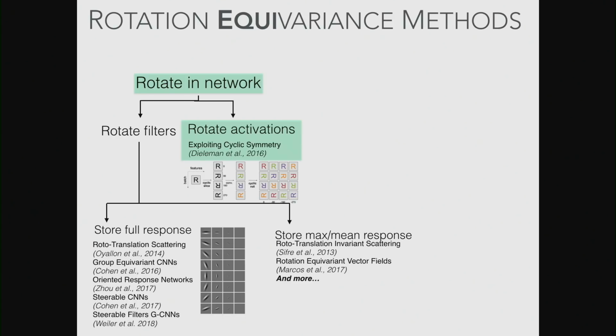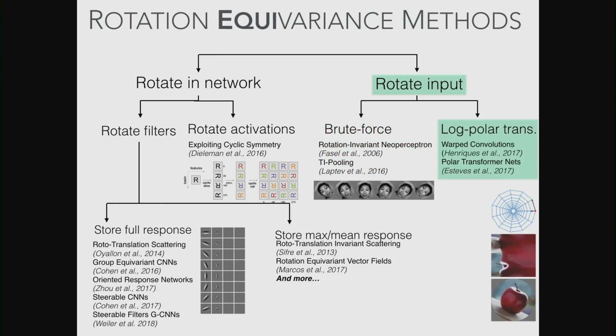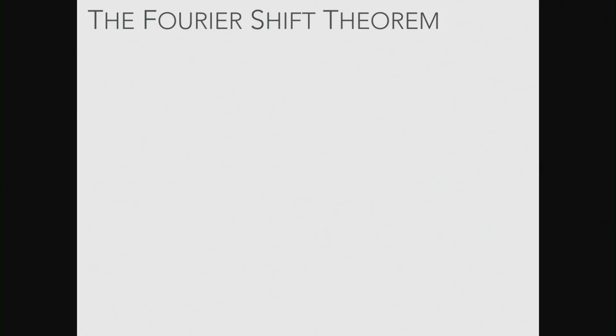Some instead will actually rotate the activations instead of the kernels. Some instead also just rotate the input, but do nothing to the CNN at all. These are some older papers. 2016, by our standards, is old. And then there's some newer stuff where they do some special coordinate transformations, but these things can only deal with global transformations rather than local deformations of the image. But they all deal with discrete transformations.